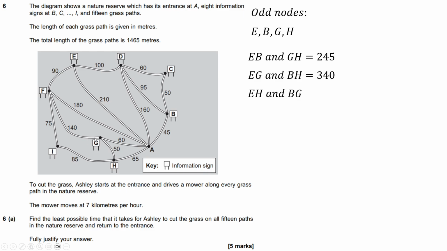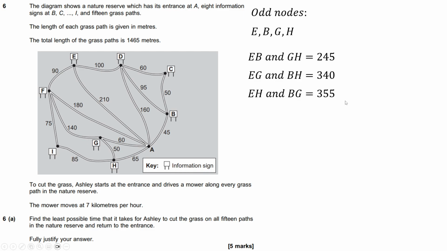90, and then 140 is probably going to be the next quickest, I think. No, because then we do 140 plus 50 here, so this becomes 190. Although this here would actually be quicker, so we would do 90 plus 75 plus 85 to get EH, and then for BG we would do 45 plus 60. Looks like it's the shortest. This would be too long, so yeah, we'd do 45 plus 60 plus 90 plus 75 plus 85, and that